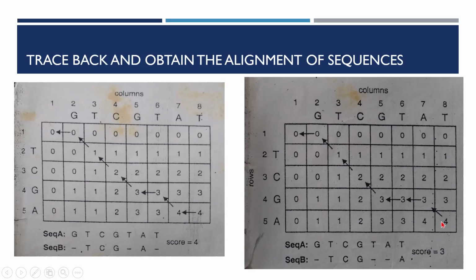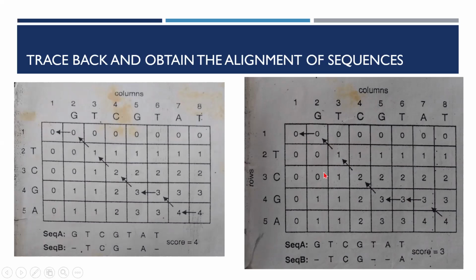What if you go the other way? I also told that going diagonal is preferential. So ignoring this highest score, if you go with the diagonal score, what happens? Let us see. It goes like this, right? Then the highest value is in the diagonal. The highest value is in the left position. So horizontal, then 3, 2, 1, 0. This is one possible traceback, an alternative traceback.